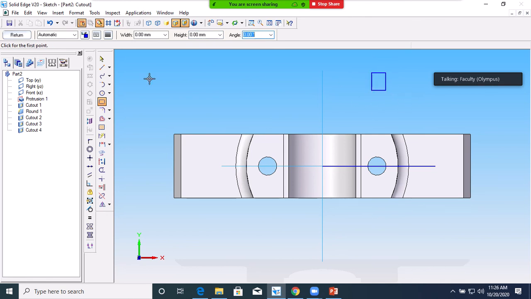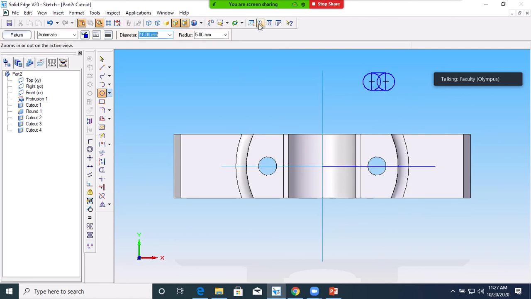Okay, see here, this is 8 mm, this is 8 mm, here the radius is 5, so the diameter is 10 mm, that's why I draw this. Then draw a circle from this midpoint, a circle of 10 mm diameter. Again from the other line midpoint also draw a circle of 10 mm diameter.